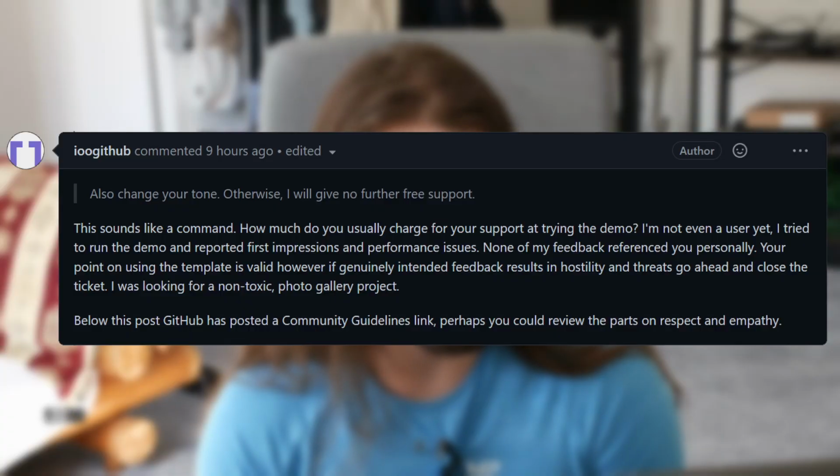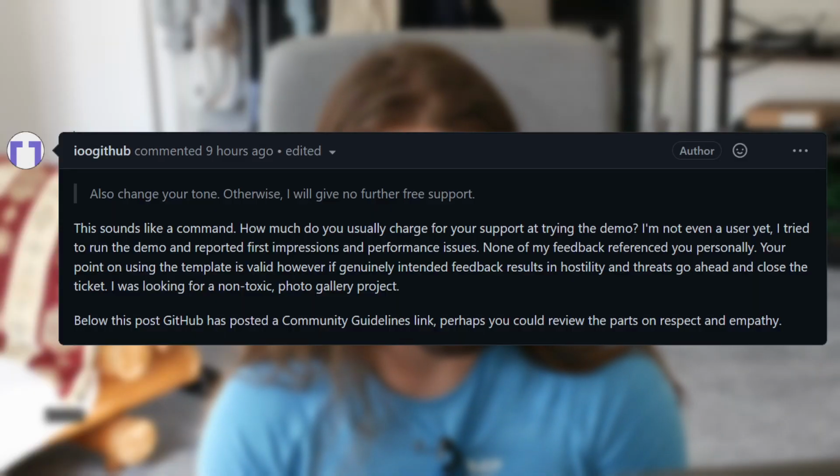Your point on using the template is valid. However, if genuinely intended feedback results in hostility, again, I just said, dude, be nicer, otherwise I won't give you free support. What the fuck are you on? And threats, go ahead, and I close the ticket. I was looking for a non-toxic photo gallery project. Dude,